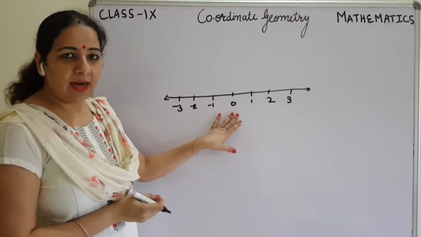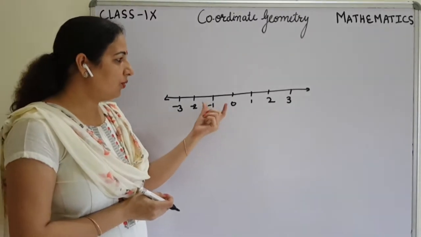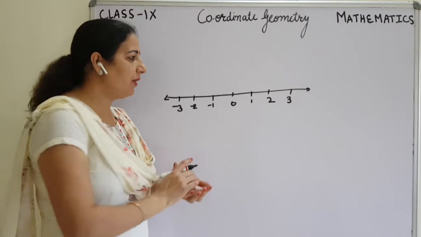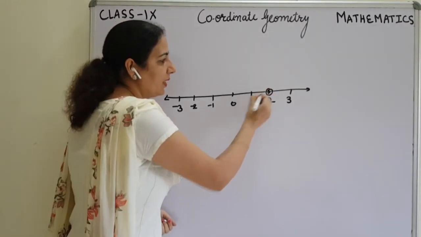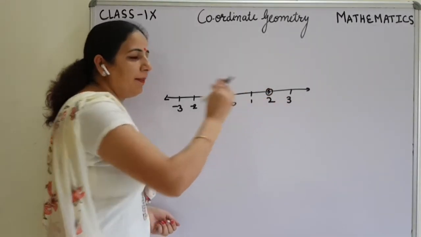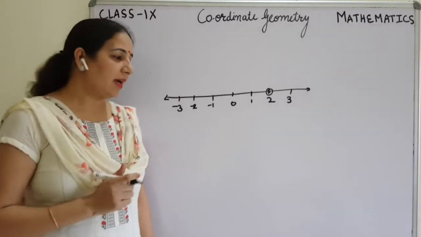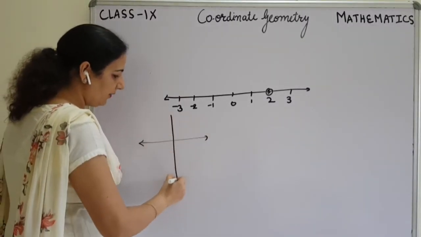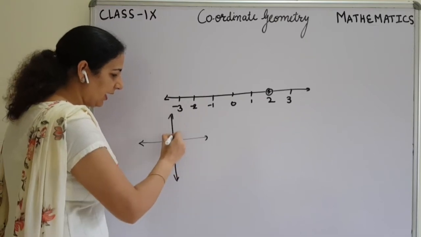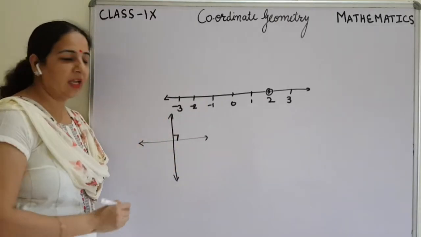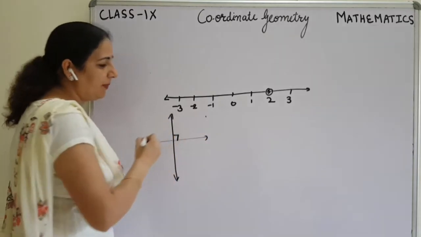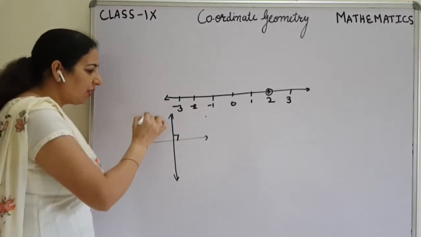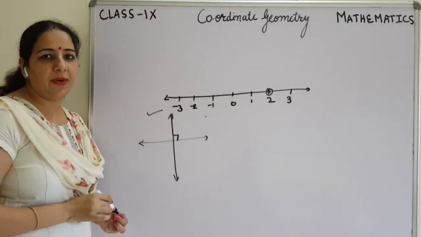When we are going to read about the number line, we can easily plot numbers like 2 here, because here we are talking only about one line. But when two lines intersect each other at a 90-degree angle, then a Cartesian plane will form. Then this is known as the plane. We are going to read about this topic today.